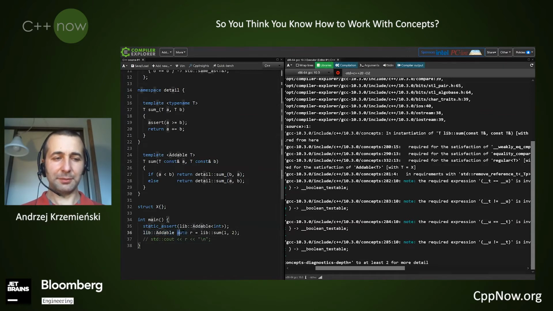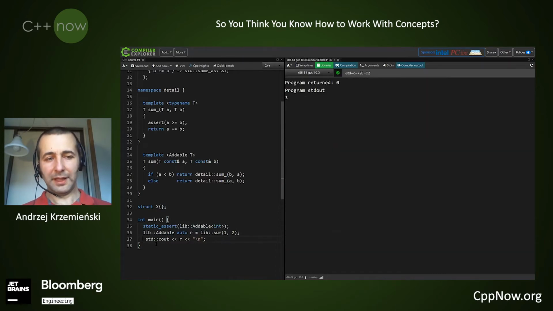So it means I'm deducing the type from the initializer, and then I make a static assert if what I deduced is constrained by this concept. And then let's print the result out. Yeah, and it outputs 3. So it works